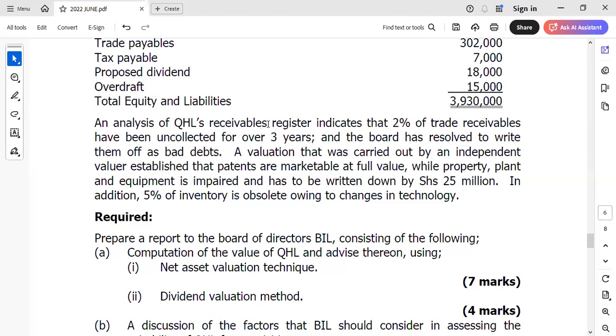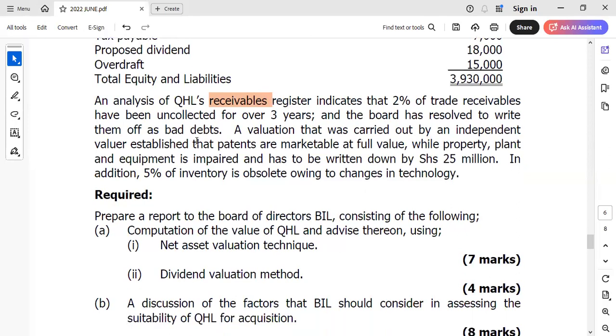Like now you will need to adjust QHL's receivables. They indicate that 2% of trade receivables have been uncollected for over 3 years, and the board has resolved to write them off as bad debts. So it means that you will need to remove the 2% of trade